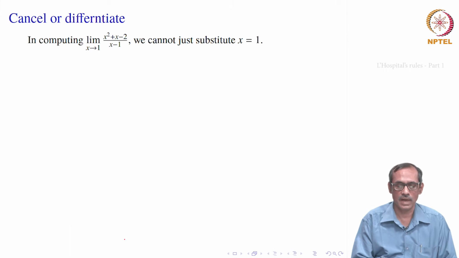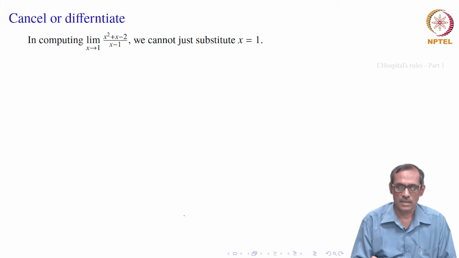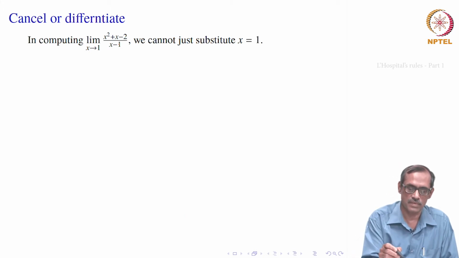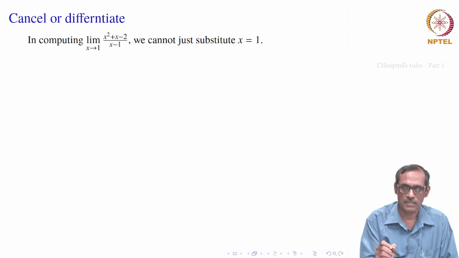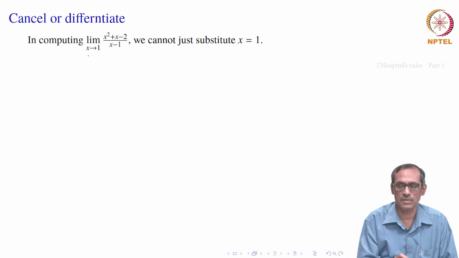Okay, just to start, let us look at evaluating this limit, that is the limit of x square plus x minus 2 divided by x minus 1 as x approaches 1. So, here as you know, if you have a function of the form f x by g x and the limit of g x is not equal to 0, you can take the limits separately, that will be equal to the limit of f x divided by the limit of g x. But here that is not applicable because the denominator x minus 1 has limit 0 when x goes to 1.